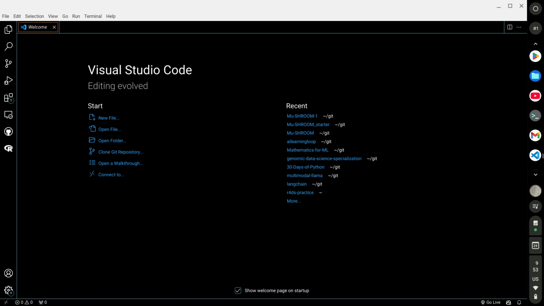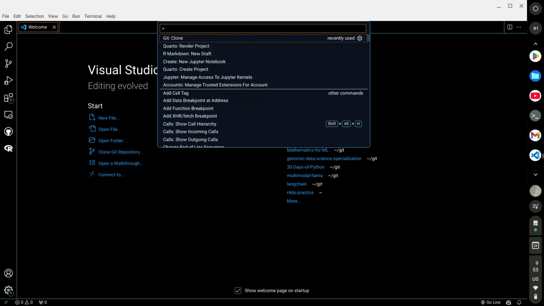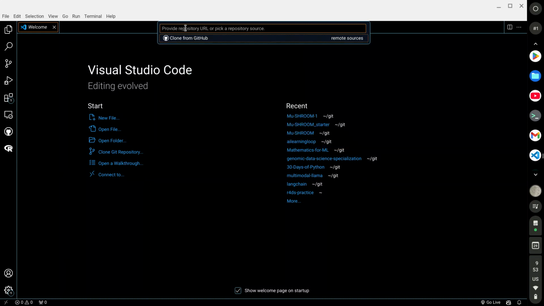So the first step here, I go to the command palette. So if you have a MacBook, it's Command Shift P. If you have other types of laptops, it's Control Shift P. So Control plus Shift plus P. And I click Git clone. The whole point is that there are some extensions that I've installed prior. So clone from GitHub,